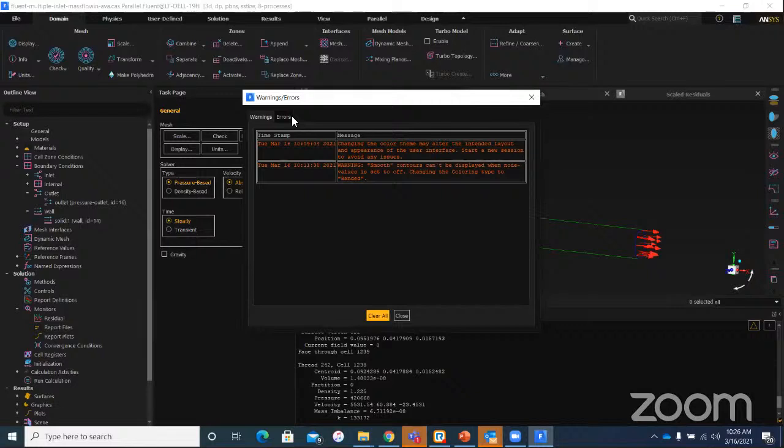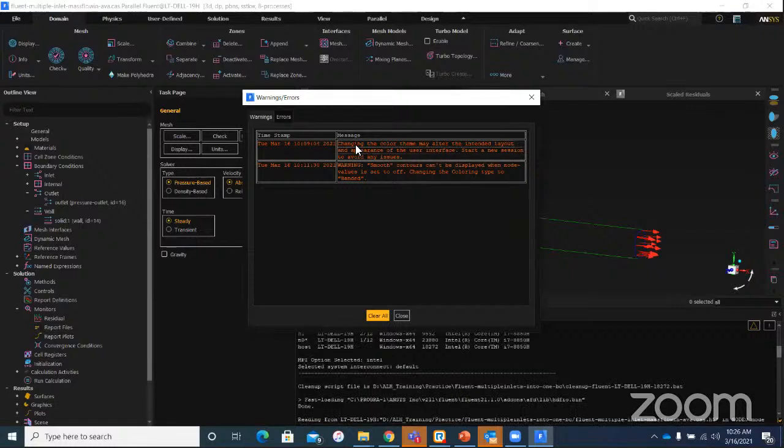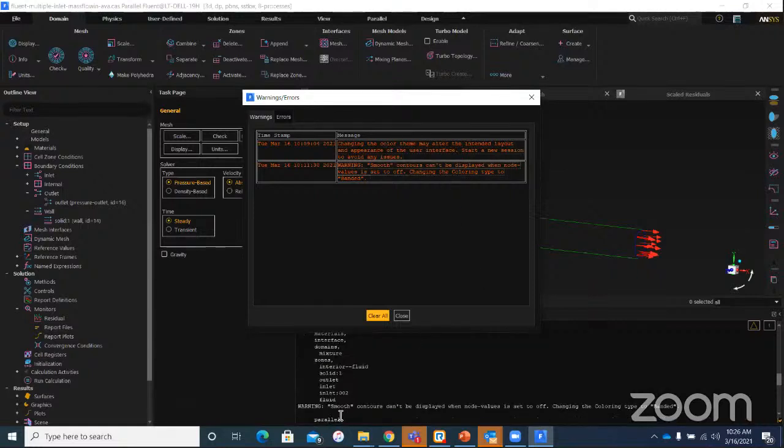But what I really like about these warnings and errors is that if you click on any one warning, it's actually a link to that particular message in your console window. So it'll take you to that exact location where you received that particular warning. And what that allows you to do is, if you are dealing with really heavy cases that have too many boundaries, too many settings, and something somewhere went wrong, but you're at a different stage in the console window and you don't know where exactly you encountered that error, then usually in